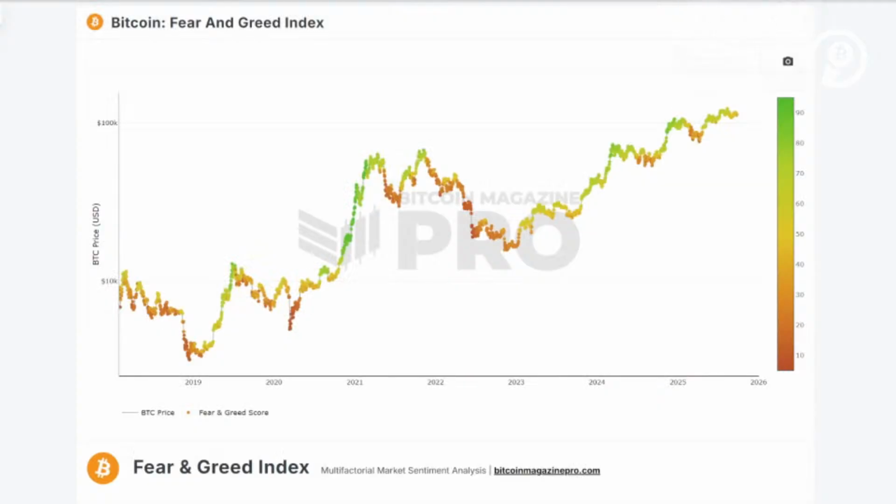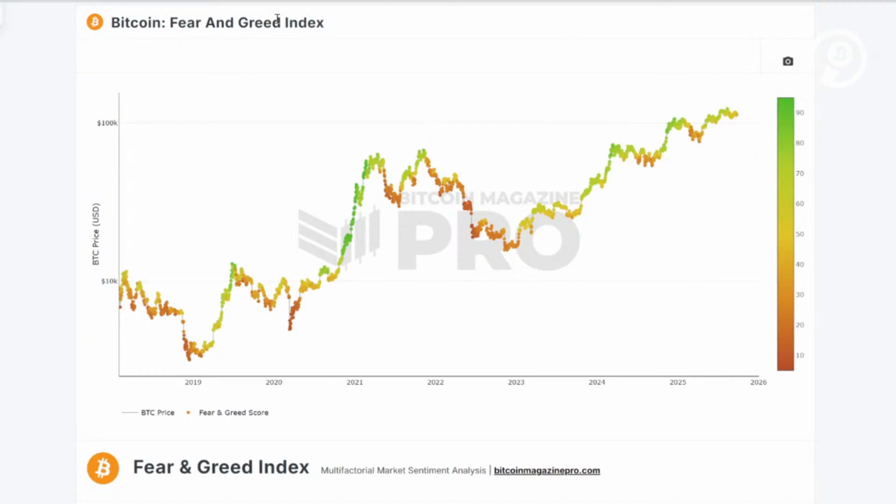So for example, here you see it a little bit more clearly. At the moment we're in fear, which is orange. Every time we see the orange, it's usually a good local bottom. Of course, the more fear there is, the better the buy. At the moment we're at 41, so a little bit into fear, which is usually a good place to buy spot. I think that's the main difference between me and George. All my metrics are super zoomed out and are used to buy spot. They're not really used to go leverage or make short-term trades. That's where TA is better.